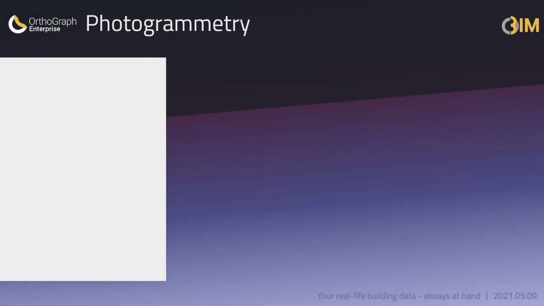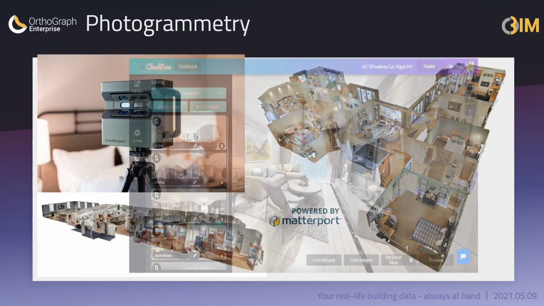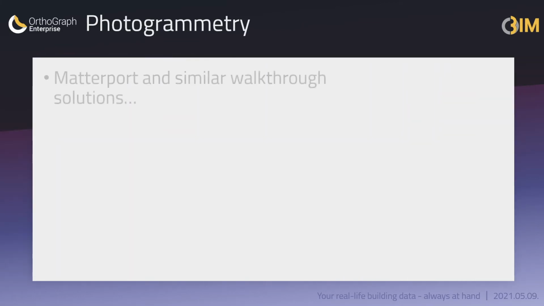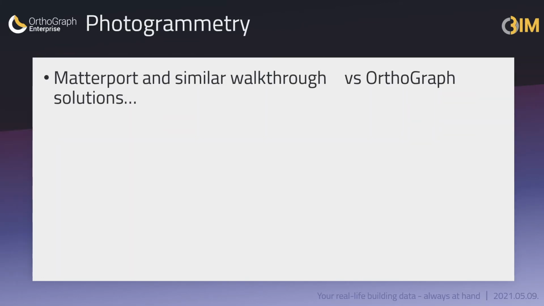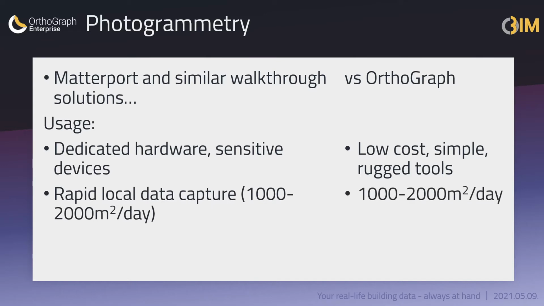Let's see what do we get out of photogrammetry solutions. Both the dollhouse view of such systems and the beautiful panoramic photo tours are typically amazing. Let's see what the key market players are offering compared to Orthograph. First of all, photogrammetry solutions need dedicated hardware and very good lighting to get well usable data. When the tools are available, then the speed of data capturing is amazingly fast.